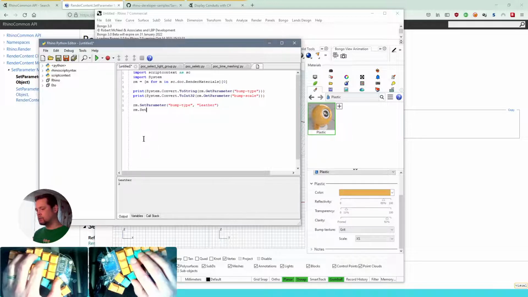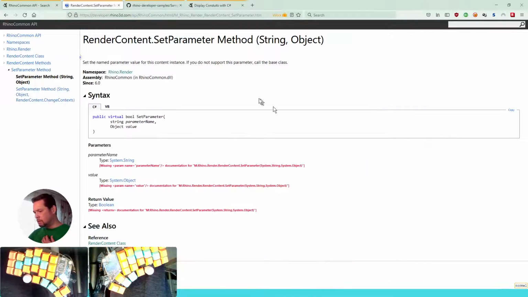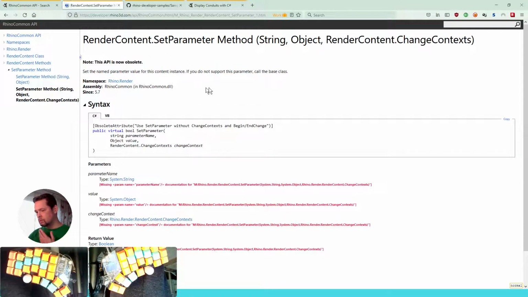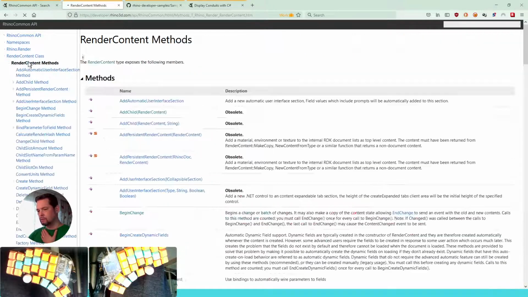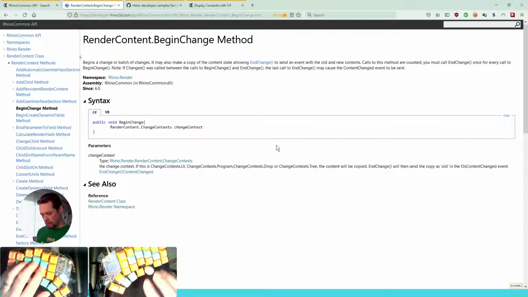And let's also change the bump scale to say 0 maybe. Oh, that's going to be just the number, the value. So like this. So now if I... wait, so I think I still need to tell Rhino first to begin changes. So the begin change method. Before we set the parameter, we do